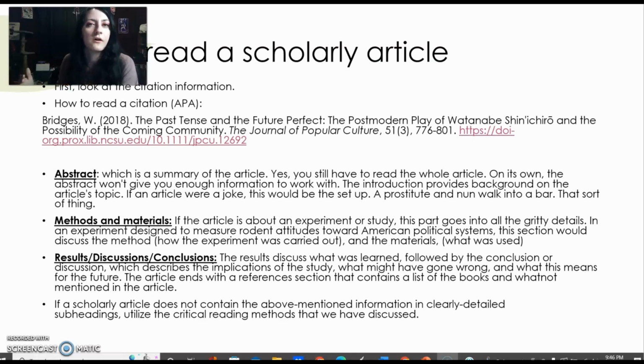Now, again, there are academic articles that use subheadings, and the subheadings are just like names of their claims or what have you. I like to make play on words with my subheadings, but these are like the more formal, scientific research papers. So I just want to give you a little bit here about what these terms mean. So first off, again, even though we're doing MLA, this is an APA citation, so let's look